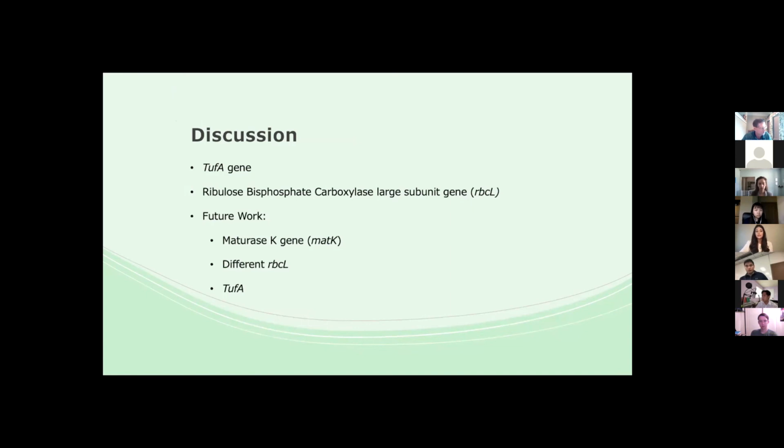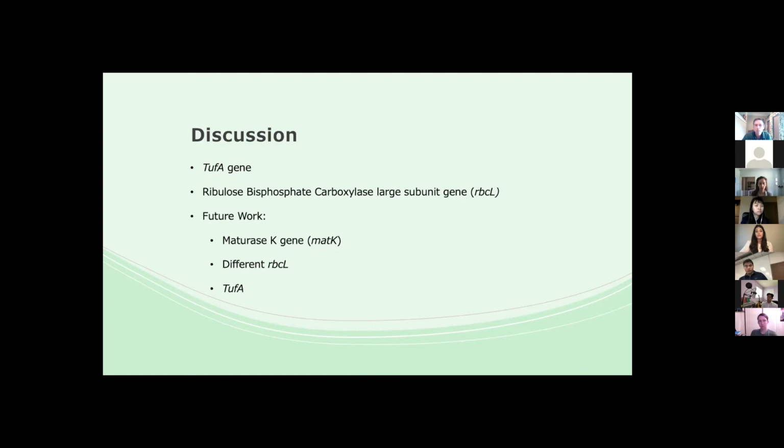I would also like to use different reverse primers for the ribulose gene because the reverse primers that I was able to show on the previous slide were not good with the sequencing. The sequences came out not great. And so I think that pairing them with different reverse primers would be able to show a little bit more